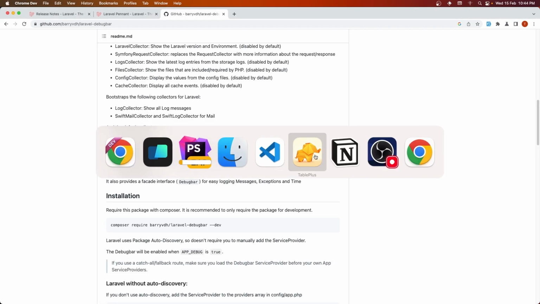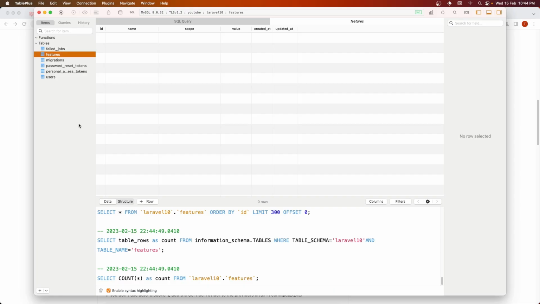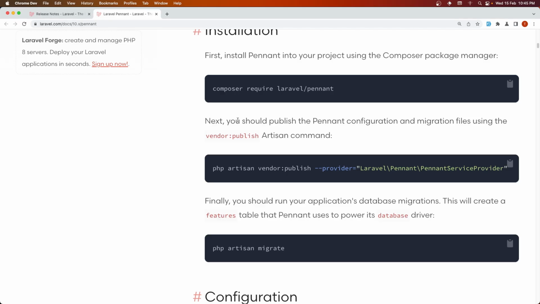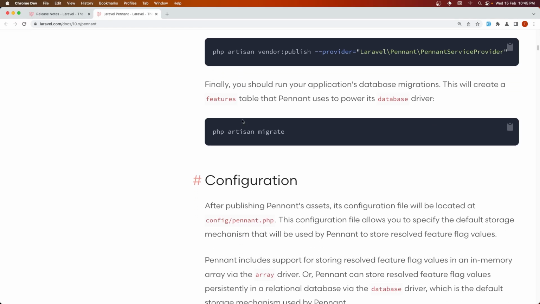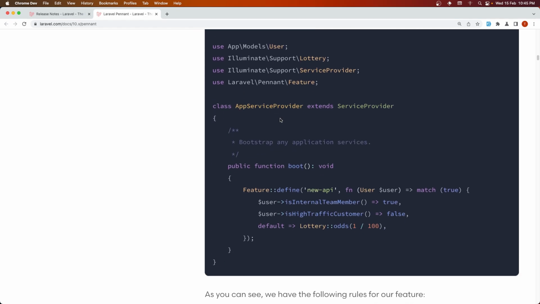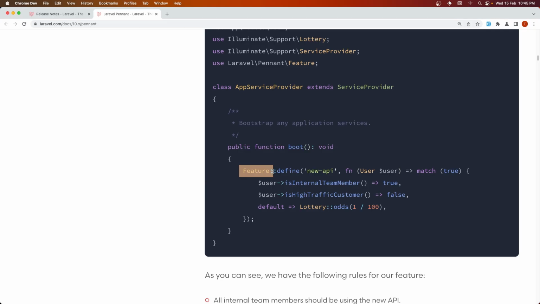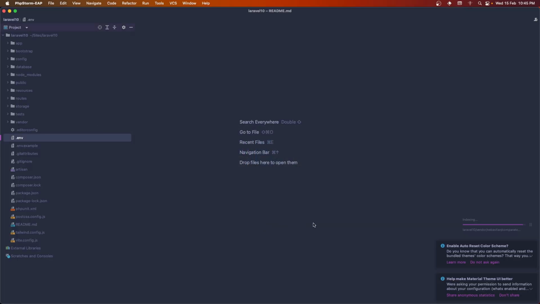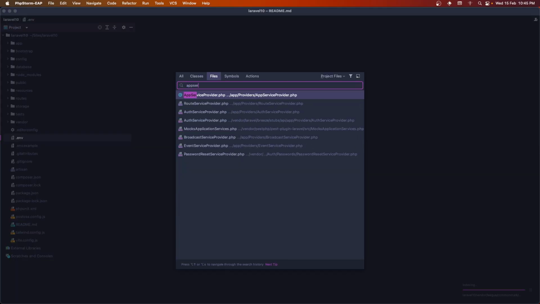And if I open the table, as you can see, we have a features table with ID, name, scope, value, and created at and updated at. So let's close now the debug bar. And let's see an example for Laravel Pennant. On the AppServiceProvider, let's define a new feature, give it a name, and callback here. Let's copy this and let's open PhpStorm. So open the AppServiceProvider,